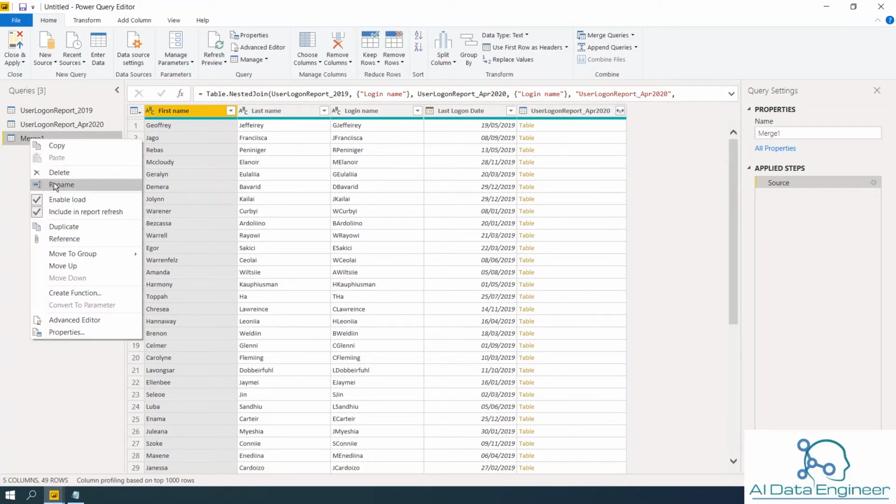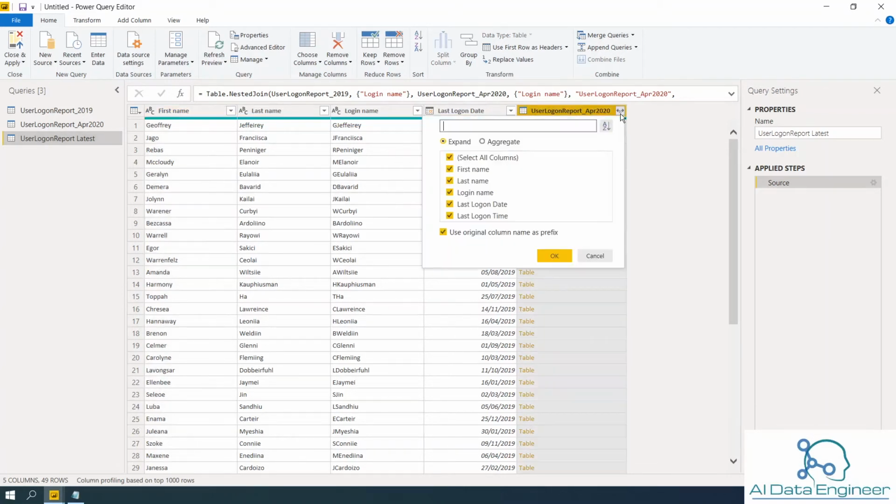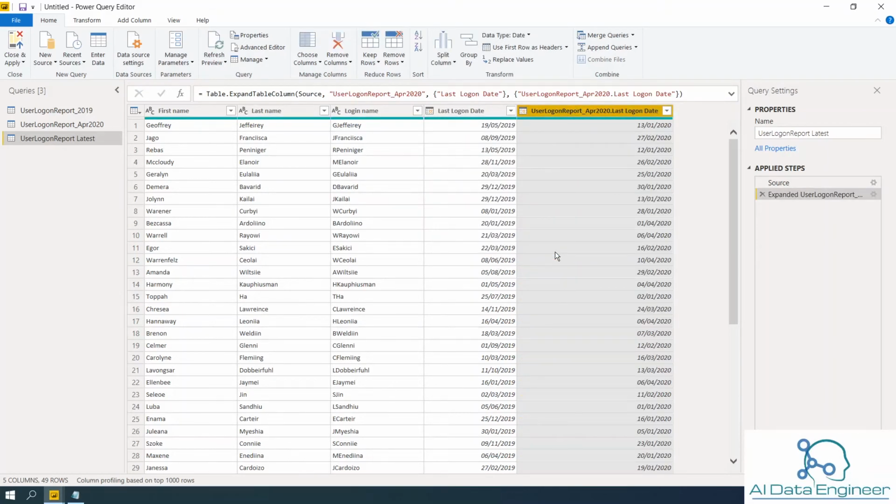Here you can rename it to user logon report latest. Now if you look at the two arrows pointing in opposite directions, and click on that arrow button, you can see this one has many columns. Which column do you want to get the data from? I want to get the last logon date. Then click OK. Now if you look at this table, the previous data is showing the last logon date was